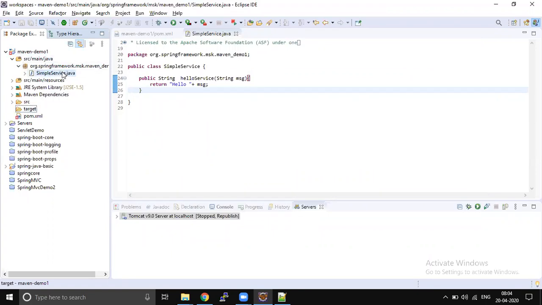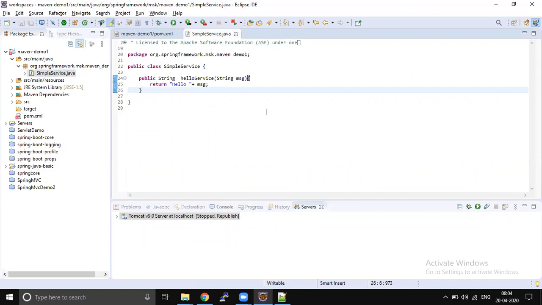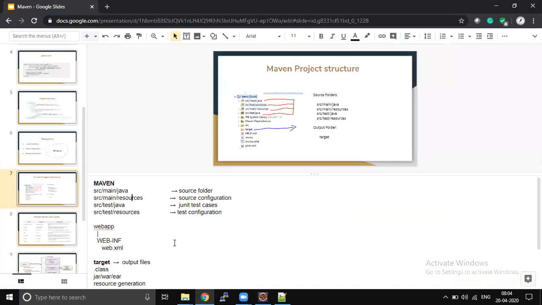Obviously my compiler will show an error, because the compiler can't identify those generated files. To resolve those compilation errors, I have to manually go and add the folder where the Java files are generated. So by that time, we don't have to get confused. That's why I'm telling you. Okay, let's come back.